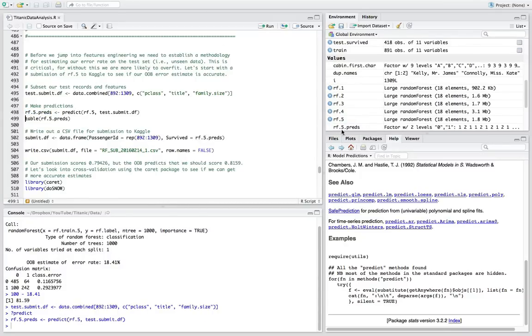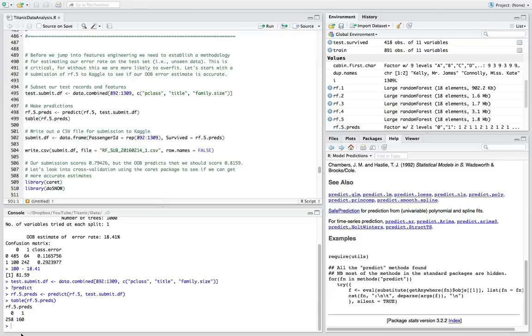And you can see here's a new variable called rf5preds with factors of 2 levels of 0 and 1, right? Perished and survived. Great. That's exactly what we would expect. Next, we can run a table command on that just to get some idea of how our preds are distributed. And we can see here, hey, look, out of the 418 records in total, we predicted that